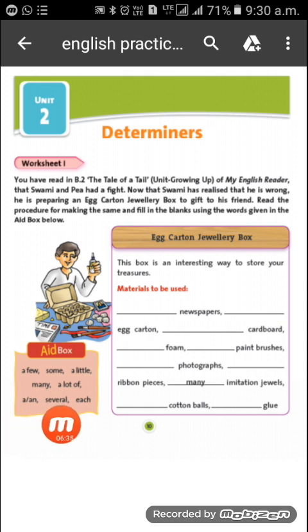Then it is several. So though several and many both have the same meaning. Okay, we use them with countable nouns only. हम several को भी countables के साथ यूज़ करते हैं, many को भी. और मतलब भी दोनों का same है कि ज़्यादा है, लेकिन फ़र्क कहाँ पे है? Several means more than some but less than many. ठीक है, कि जब कोई amount जो है हमारे पास वो some से ज़्यादा है.